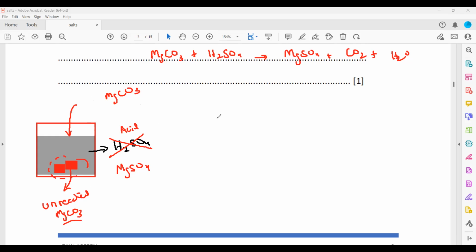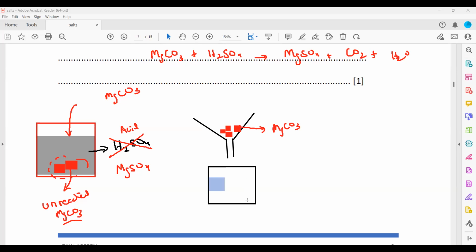How do we remove this unreacted magnesium carbonate? For that purpose, we use filtration. So this is a filter funnel, and we have a beaker here. When we use filtration, the unreacted magnesium carbonate will remain as a residue that is not able to pass through the filter paper. And the magnesium sulfate solution which was formed will pass through the filter paper, and that is a filtrate. So the magnesium sulfate is the filtrate, and the unreacted magnesium carbonate is actually the